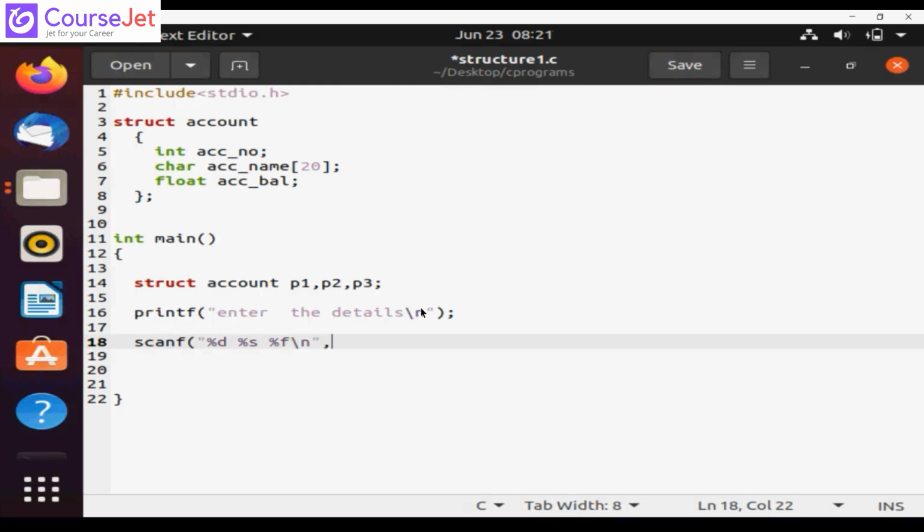Now the question comes, how to enter or store? We have P1, P2, P3 as well as the structure account. So how do we store this? Generally we store it using the scanf operation, right? In scanf we give the address of. Now how to give this address? We have to give this address like